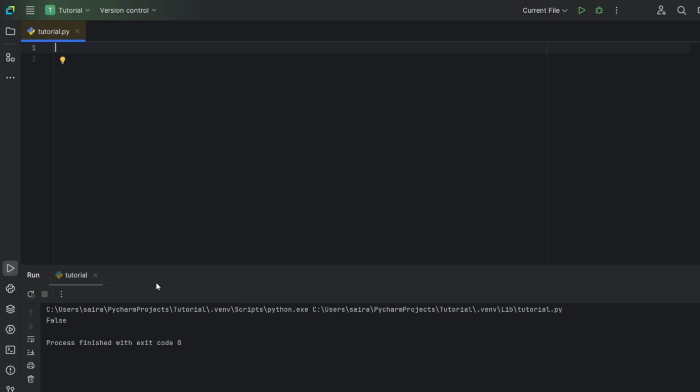The first question is, are two values equal? To ask this question, we use the equal operator, which basically denotes is equal to. Now, equal to is an assignment operator.